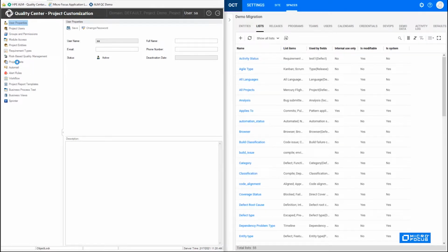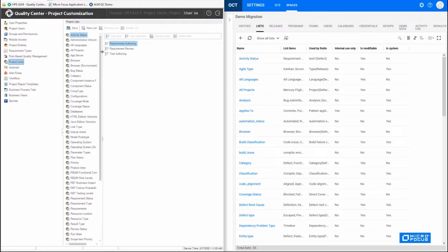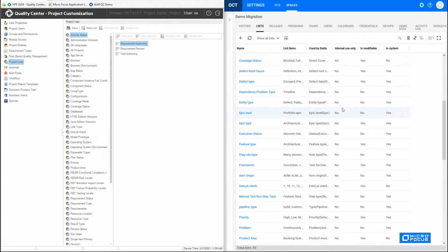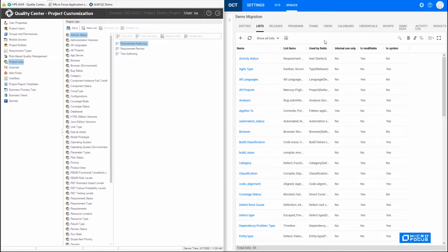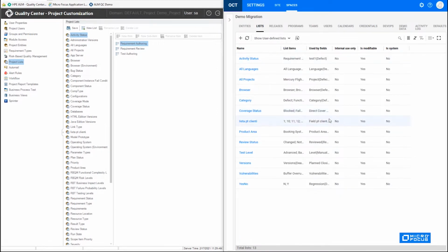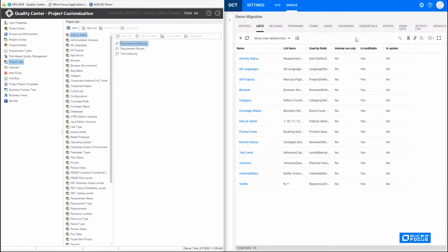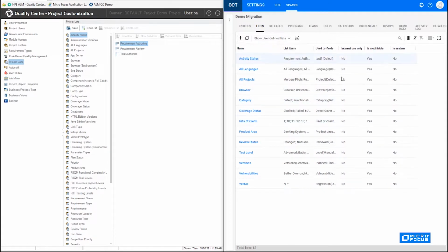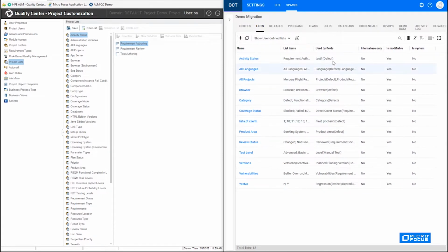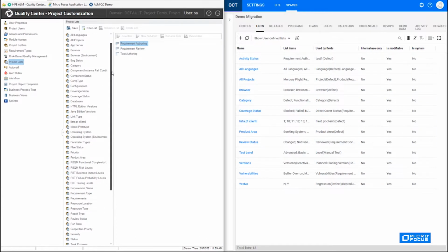So we have the project list from here, and the lists from the Octane side. So first, let's check the user-defined lists. Okay, and we can see that not all of the lists from here were created, and this is because the default setup of the migration tool is to migrate only the lists that are used by some fields. So as you can see here in Octane, you can view exactly what field uses this list, and only that list will be migrated by